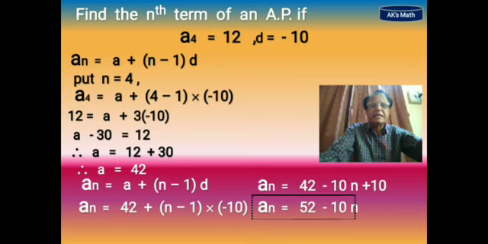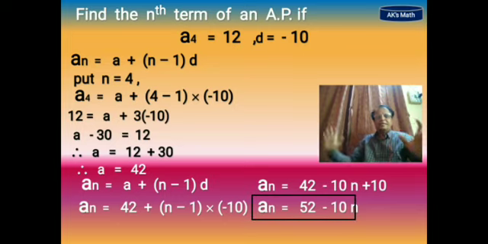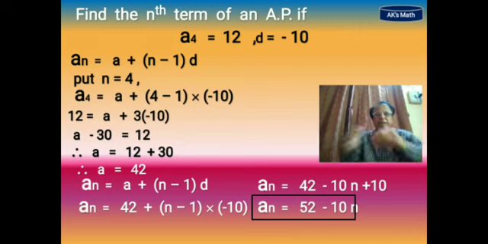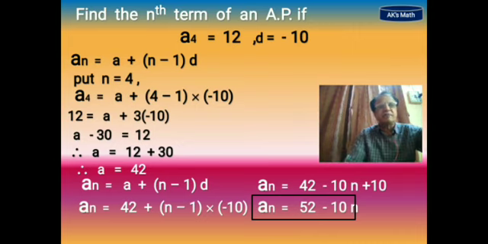Now look at the next examples. Before that, look at this example. Nth term may be said as the general term. So in which so many conditions will be given. This is one of the conditions where one term is given. एक term दिया हुआ है और common difference दिया हुआ है. इसलिए हम इस method से nth term निकाल सकते हैं.